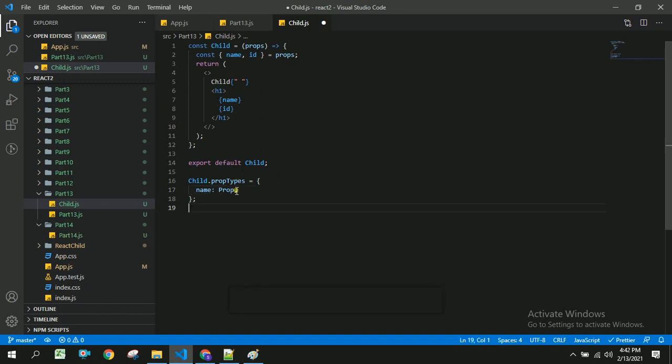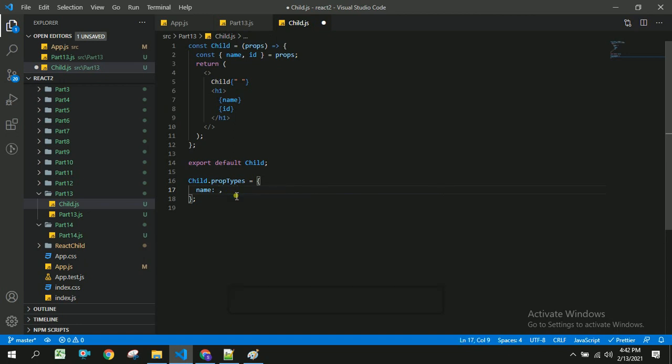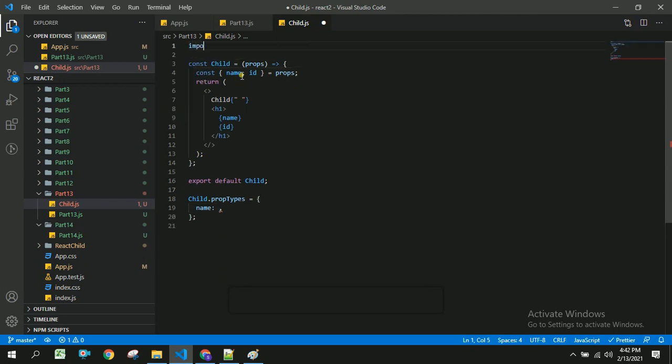Here we are not able to get PropTypes, so in order to get this we have to import PropTypes from prop-types in this way.